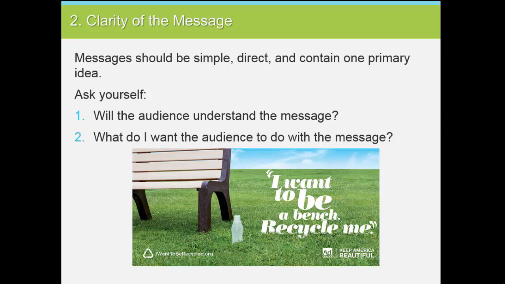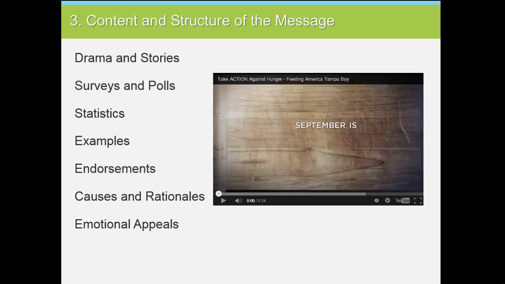This public service announcement has a simple message that a plastic water bottle can be recycled into useful items like a park bench. The audience is also told what to do: recycle it. You have many different devices at your disposal within the content and structure of a message to make it more persuasive. First, you can tell a story, such as how a person was helped by contributions to a certain nonprofit